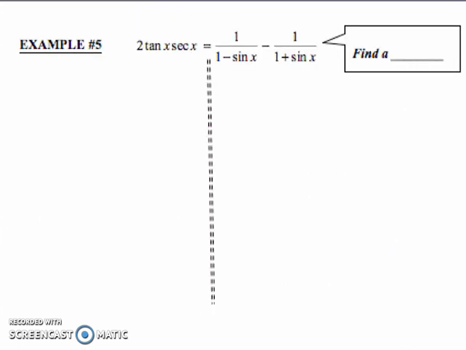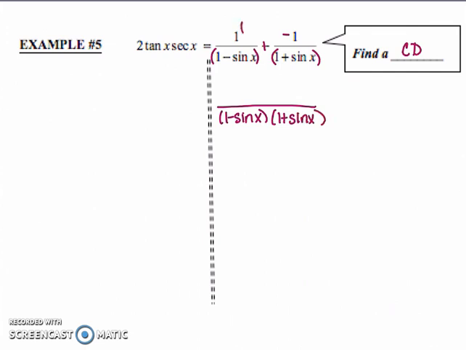Example number 5, I'm going to work the right side on this one. It looks a lot more complicated, and I think the first thing that I'm going to do is start by trying to find a common denominator for these two expressions. Okay, and obviously I've got two different denominators here, so I know my rules, right? I've got to put both original denominators into my common denominator. I'm also going to chop that negative and give it to that 1. So my first step here, my common denominator is going to be 1 minus sine x times 1 plus sine